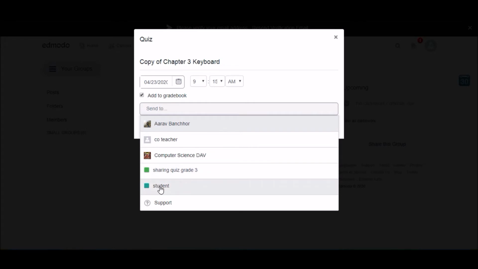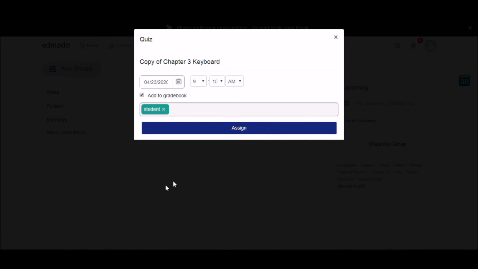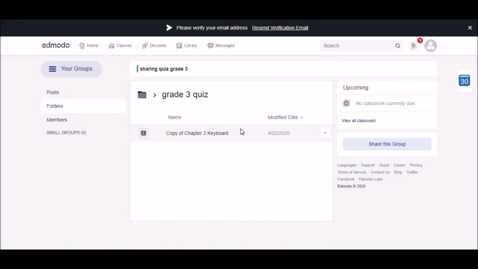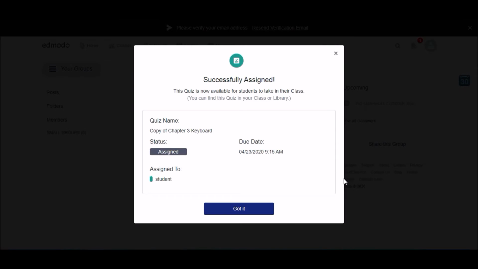I have created one dummy class also here, student, so I will choose the class, then assign. Wait for a few seconds, one message will come that it has been successfully assigned. So you will get this message, successfully assigned, then click on got it.